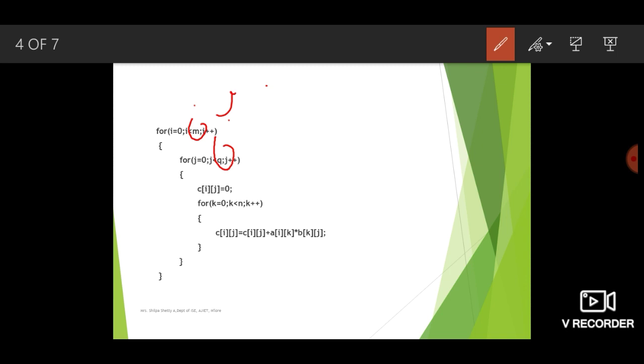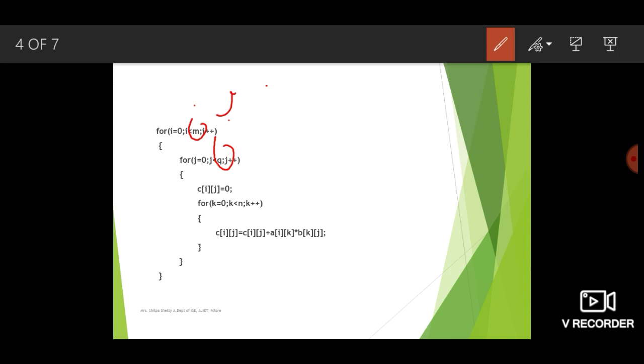The total number of multiplications will be equal to the number of columns in the first matrix or the number of rows in the second matrix. For example, if there are 3 columns in the first matrix, then in order to multiply the two matrices, there have to be 3 rows in the second matrix.